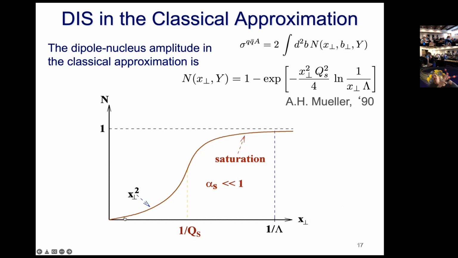Well, it means that if you have a quark and antiquark, and the distance between them is very, very small, and remember, they came from a virtual photon, which carries no color, so the quark and antiquark have equal and opposite color charges. And if the dipole is very small, they pretty much cancel each other, so the interaction should be weak. If you have a small object made of quark and antiquark with canceling equal and opposite color charges, it's like having no object at all. It's like having no dipole there. So when x perp goes to 0, the interaction goes to 0. And this is good, right?